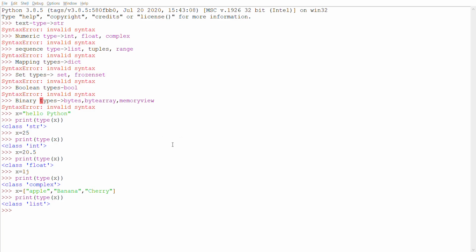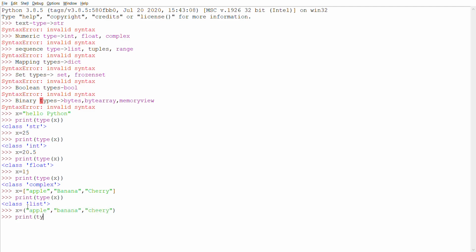Now we'll go with tuples. For tuple we use the same thing as a list, but instead of brackets we will use parentheses. Banana, cherry, close parenthesis, enter.